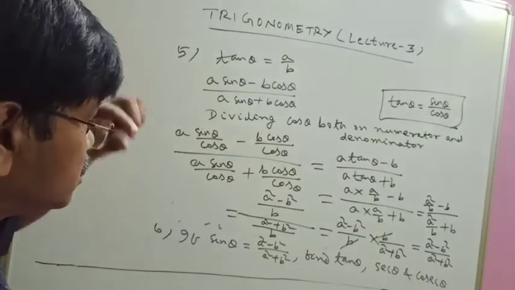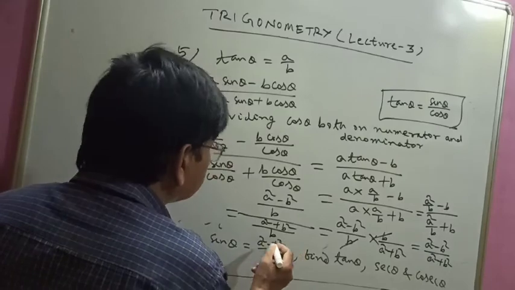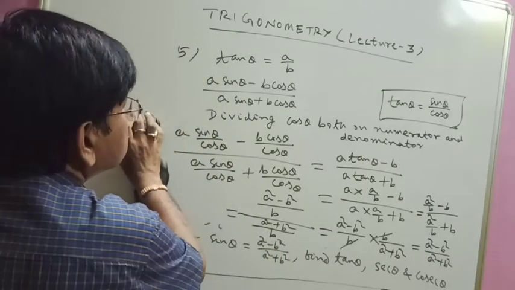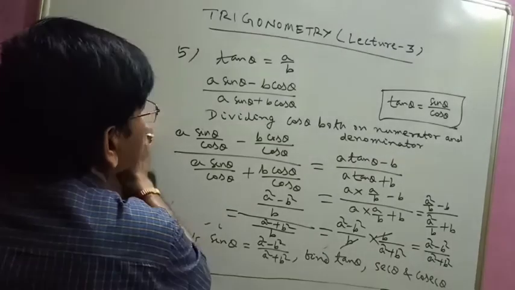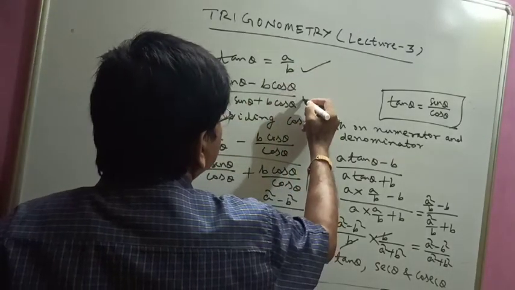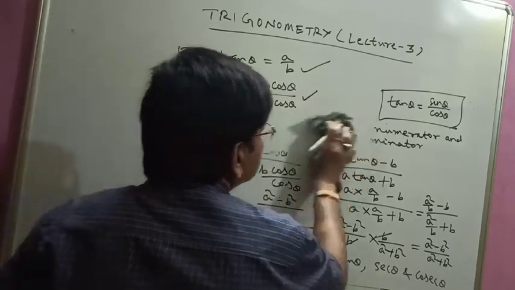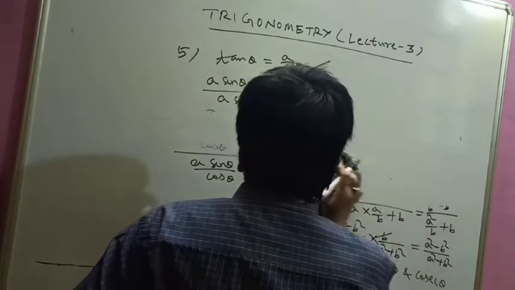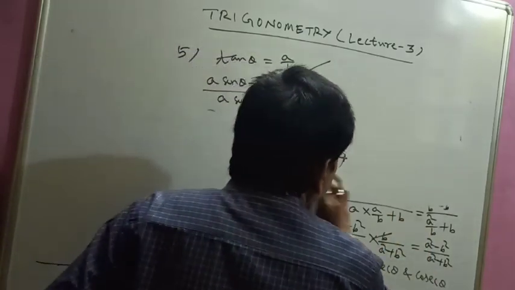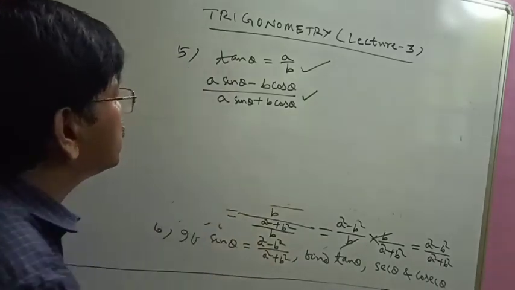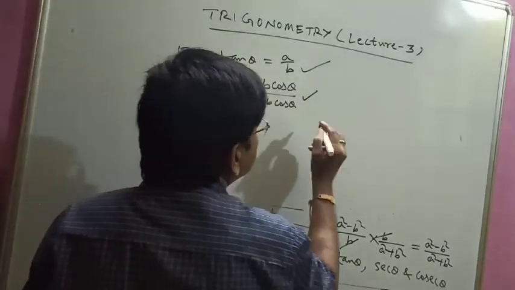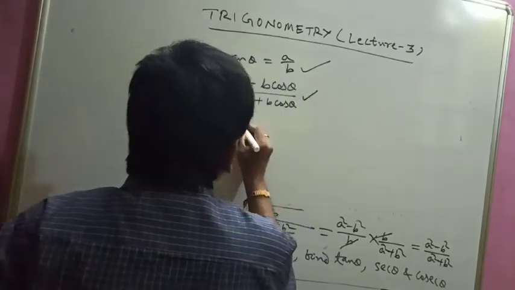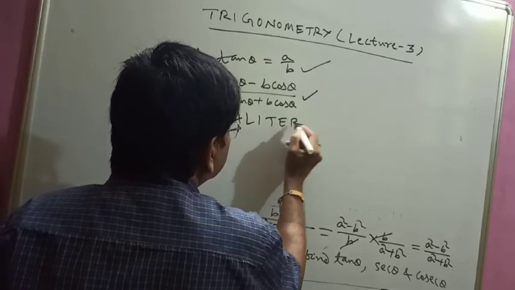You can also solve this by another method that I am going to elaborate. What I will do: you see this is given and you are to find out the value of this. So you find out sin theta and cos theta. I have already told you, using the ratio formula, if one trigonometric ratio is given, then you can find any other ratio. Here one ratio, tan theta, is given. So the solution we will write here is the alternate method for this question.